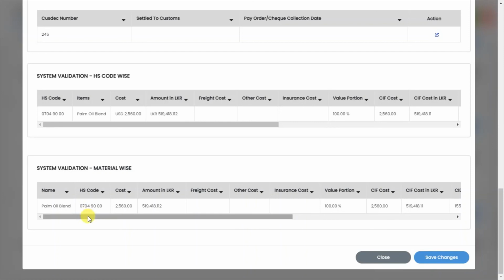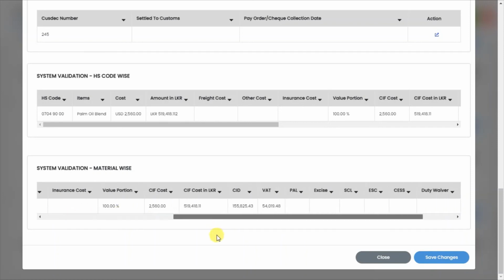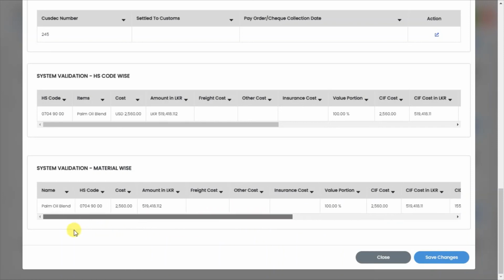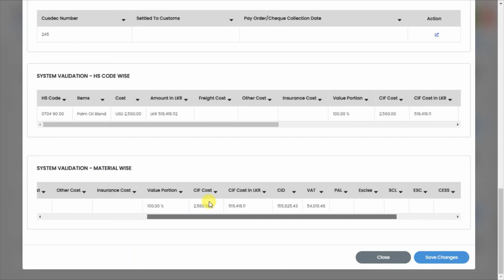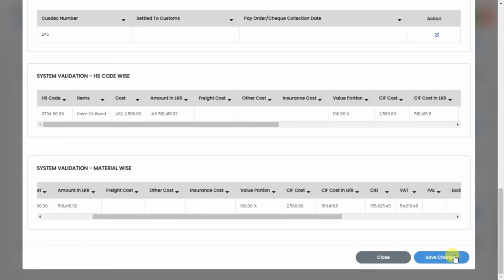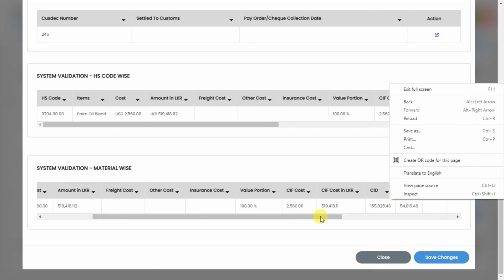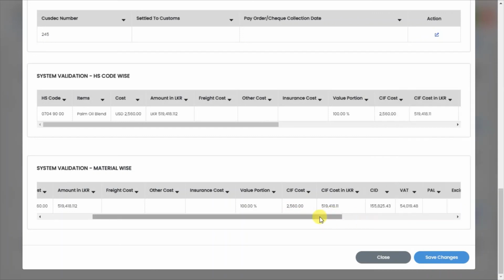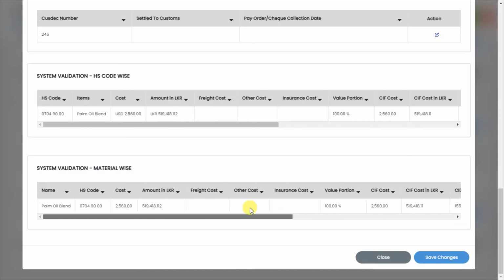Then for material wise validation, the system will be displaying the customs duty for each material that is in the shipment information. So that's how the customs duty works. So you can get validation, and you don't have to validate it manually since we are doing it systematically. All right, that's how the customs duty works.